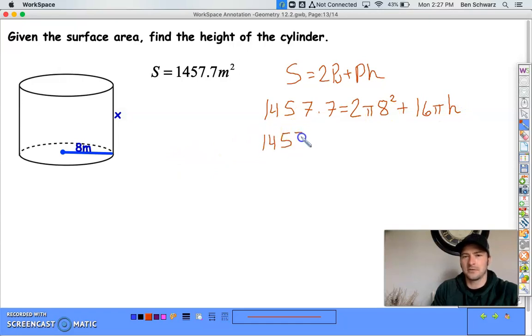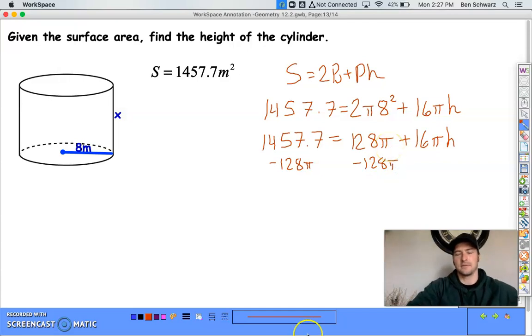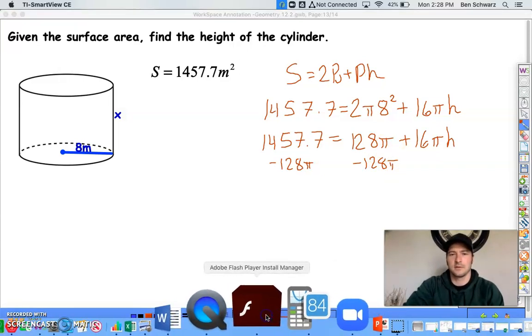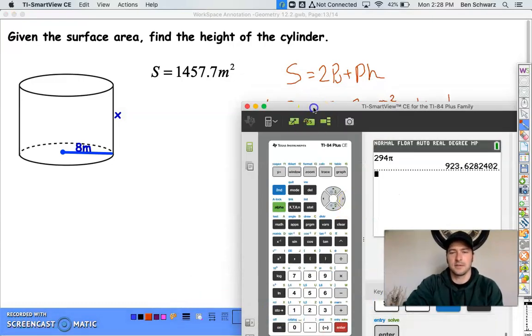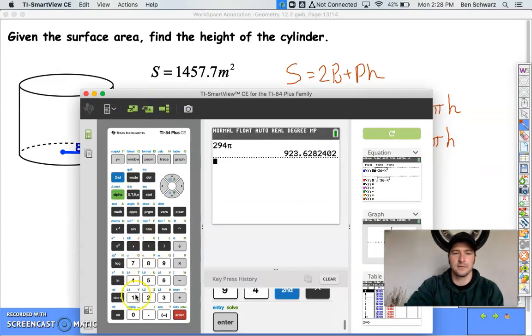So solving algebraically then, 8 squared is 64. 64 times 2 is going to be 128 pi plus 16 pi h. Now we can't add these because they're not like terms. One has an h and one doesn't. So we're going to have to subtract 128 pi from both sides. Again, we'll need the calculator for that. So let's see. 1457.7